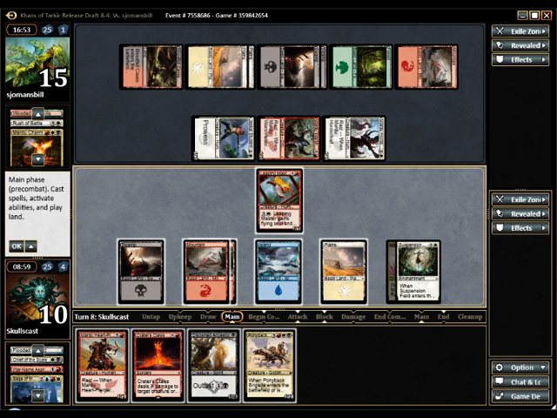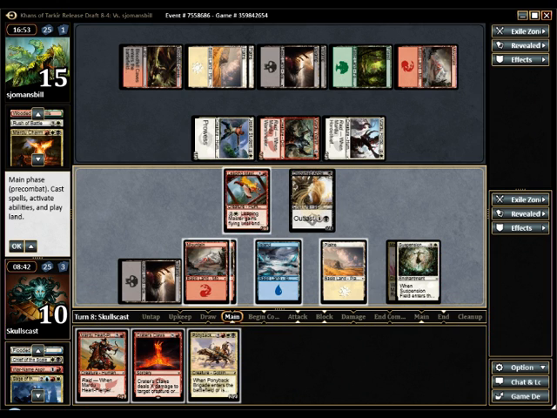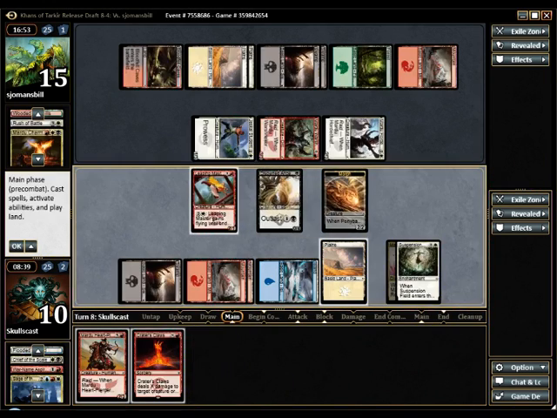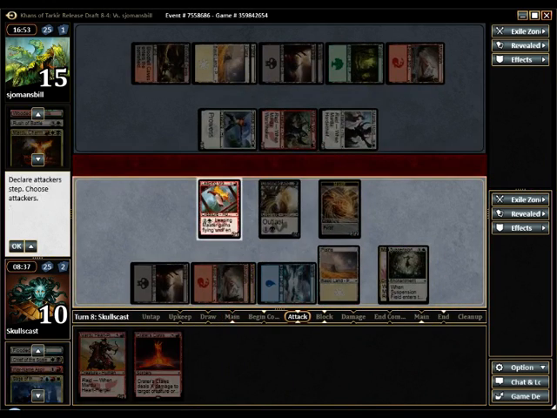Beautiful. All of his creatures have 3 toughness. I can get Disowned Ancestor and a Morph. I think that's what you have to do. And let's get Leaping Master back. Cast face down. Him being at 15 basically